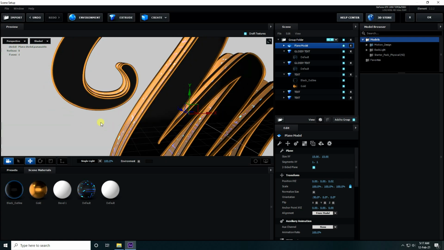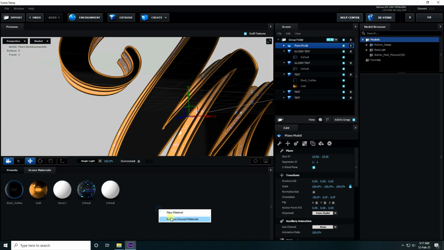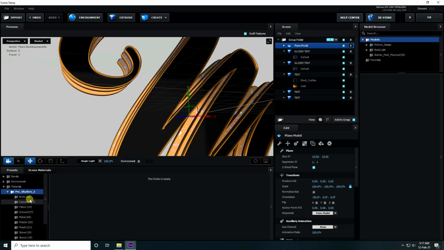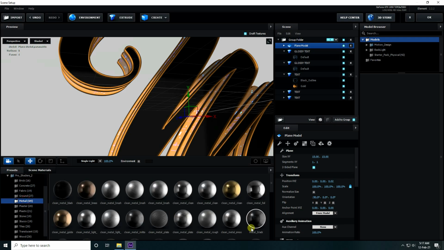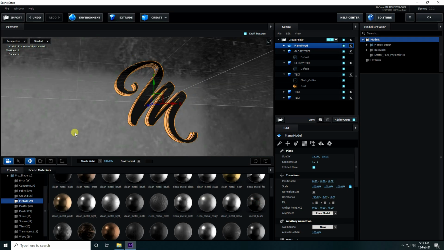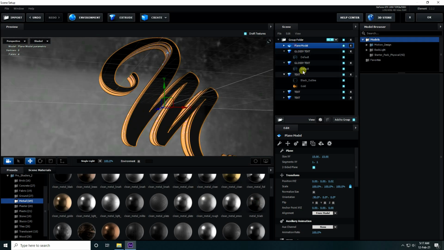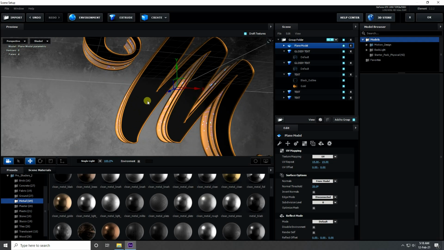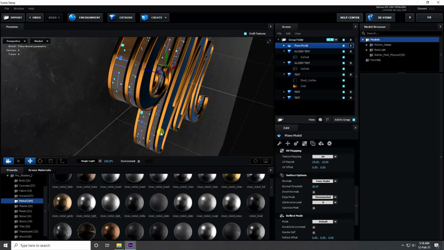Okay, so now remove unused material, and this time I go to pro shader, metal, and apply any metal material like this. Select this metal material and change UV like 15 and 15. Yes, good.